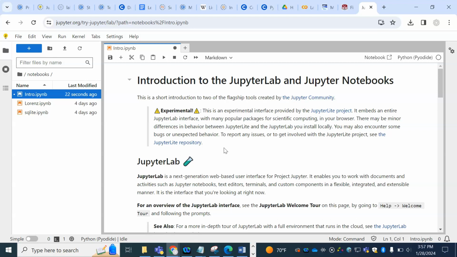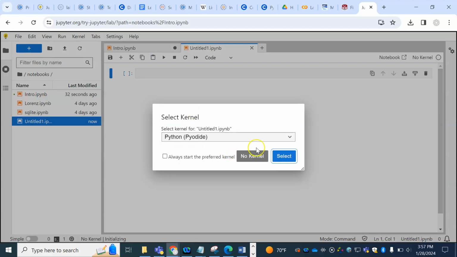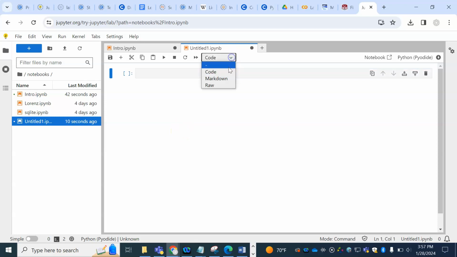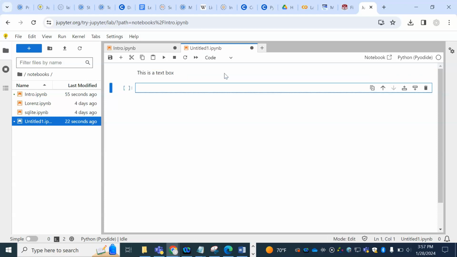The most important thing that I would like to show is how to create a new file. You can create an absolutely new notebook and keep the kernel as Pyodide and select this. And you see here we've got a blank notebook. I can select whether I would like to make this a markdown. If it's a markdown, then I can write any text. This is a text box, for example. And then if I run it, I do Shift Enter, then it's just text, so it is just going to